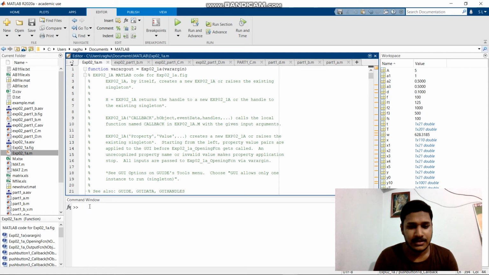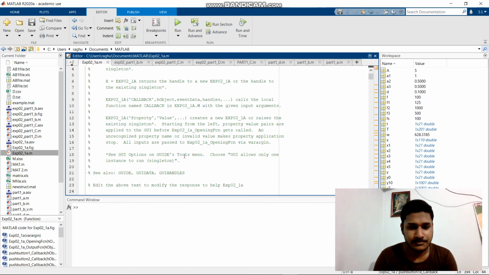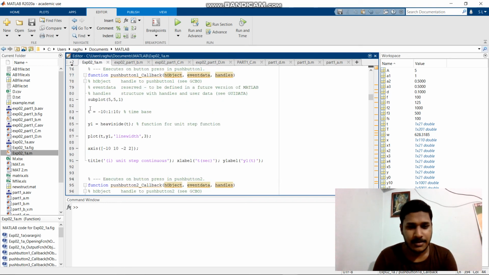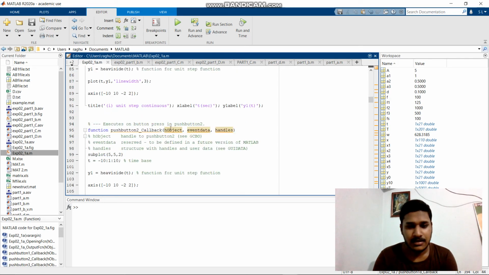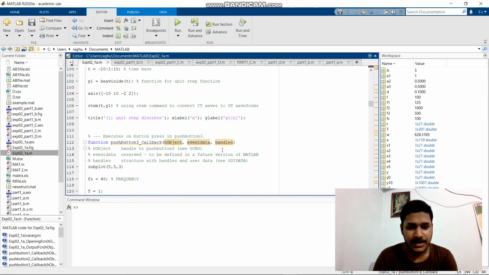If we run guide, a pop-up window appears that shows options for generating results. If you click on a blank document, it provides push buttons for the commands we want to run. Under the push buttons, we paste our program, and it displays the result. Here I am viewing the plots of part 1, where I plotted the continuous and discrete time waves of elementary functions.